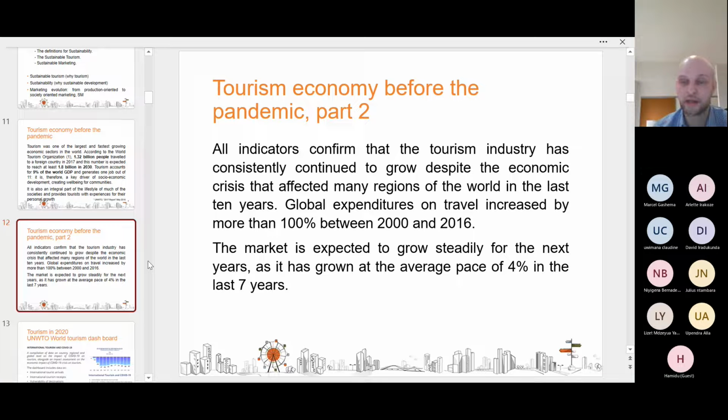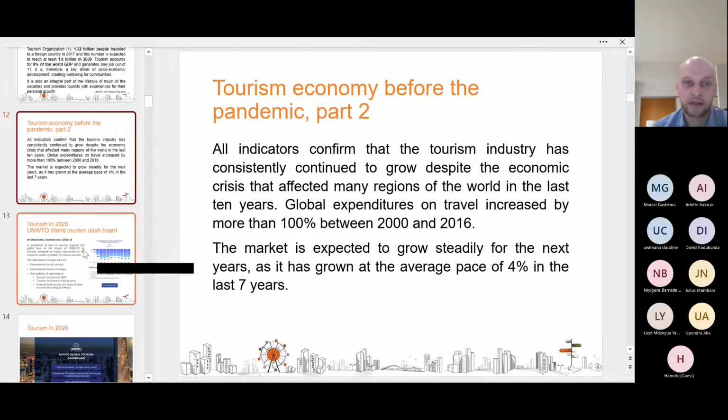So the growth of tourism was, let's say, sustainable. The market was expected to grow steadily for the next years, as it has grown at an average pace of 4% in the last 7. But you know that in 2020, the whole world faced a new issue, the pandemic,